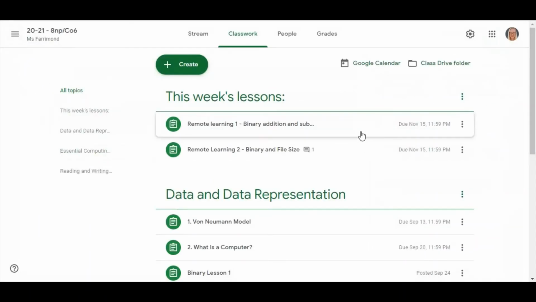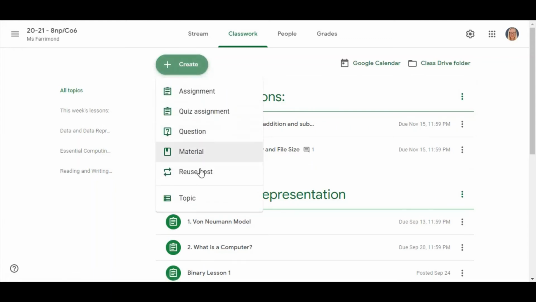The second top tip, just to make it really easy for students to find the work, is to make sure that on your classwork tab that you put the work that they're going to be doing that week somewhere like obvious. So I always include this week's lessons topic at the top, and you can create topics by going to